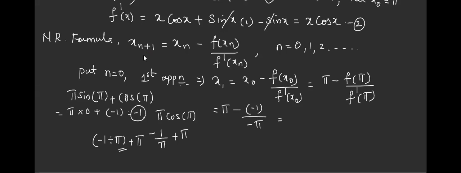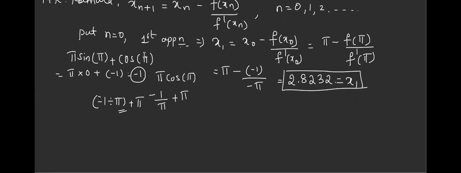Ma'am, 2.82. 2.8232, correct. 2.8232 is correct. Now if you don't take it like this with proper calculation, your answer is going to be wrong. And you should practice it during the class hours, not in the exam. Okay, confirm now, all of you. Are you getting this? This is one of the very important examples. Please give more preference to this.